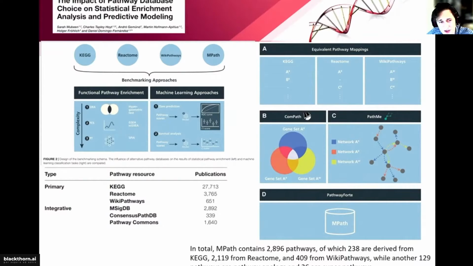But it's difficult to do this because it's not always feasible to understand how your weights and directions can change, especially when you're adding things into your pathway. But overall, it was done, and the MPath database was generated, so now you have an additional database combining all three previous ones. It consists of almost 2,900 pathways, mainly from Reactome, but also KEGG and WikiPathways. There are some subsets, and overall only 26 pathways were completely overlapped between the three databases.